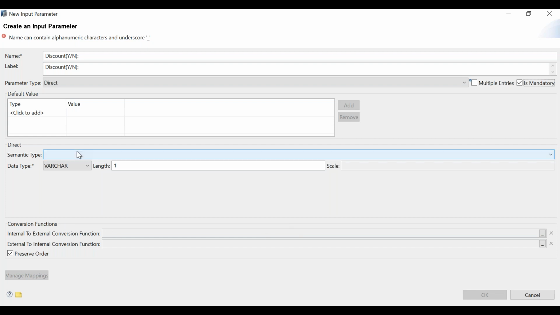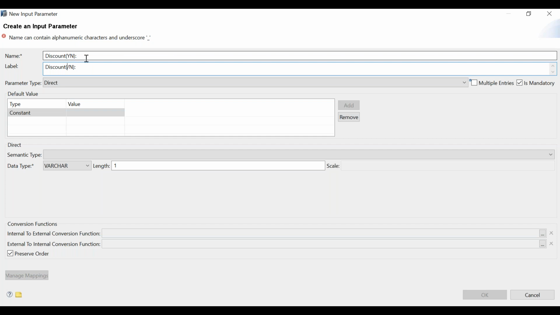Is there anything still needed here, marked with a star? It says the name can contain alphanumeric characters and underscore, so this backslash we cannot use actually.